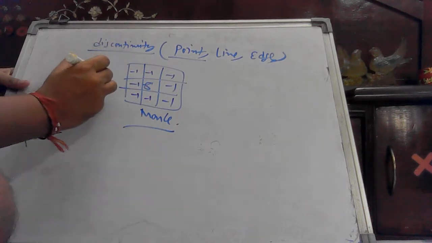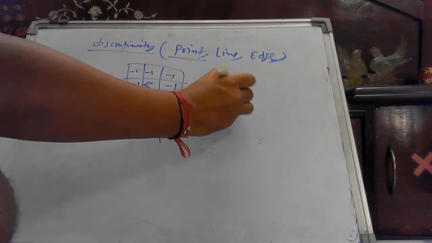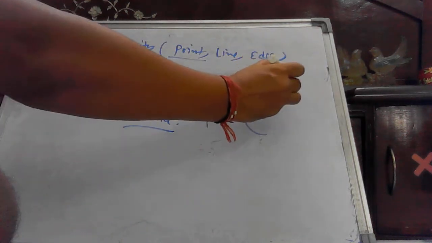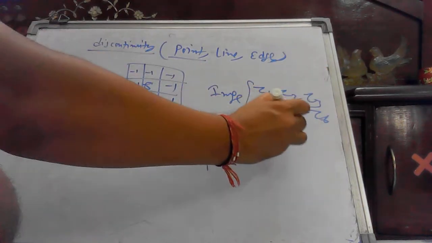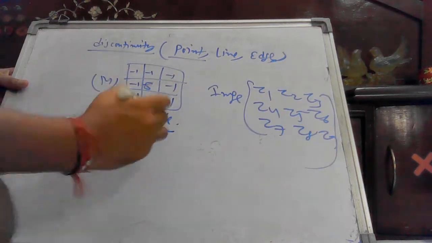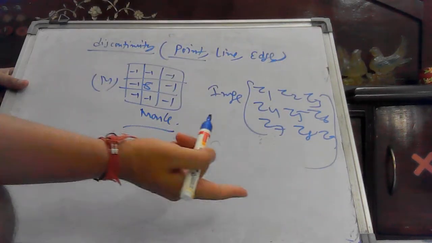So this is the very popular mask, you can say. Mask M is given to you and the image is given to you. What is given to you? Your sub image is, let's say, given to you where you are processing, and these pixels are Z1, Z2, Z3, Z4, Z5, Z6, Z7, Z8, Z9. What you will do is simply put this mask over this pixel, and your central resultant value will be changed.